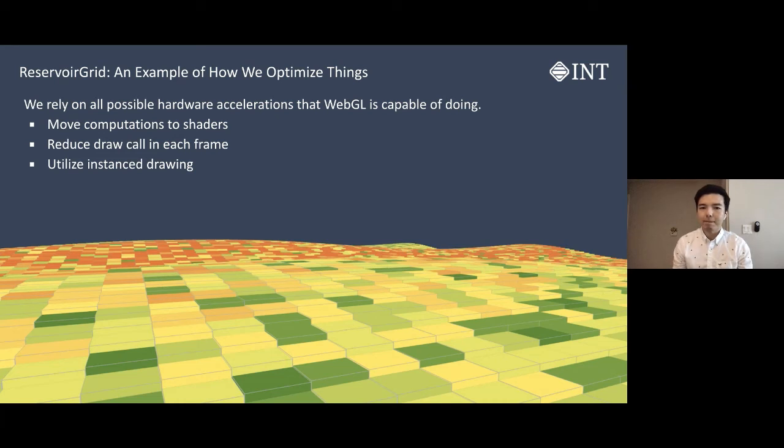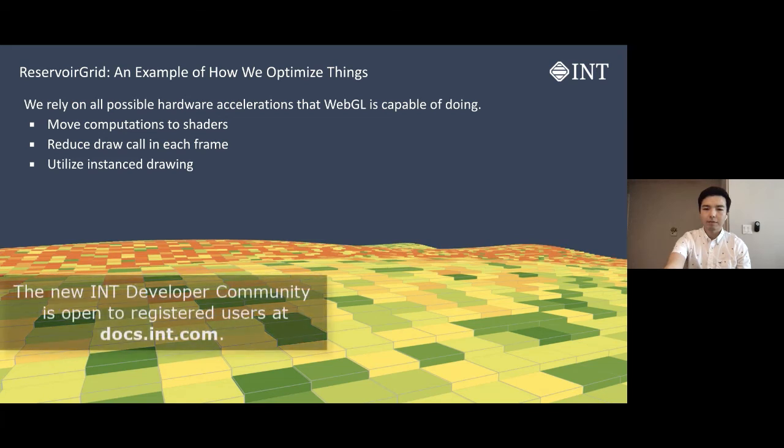Okay, awesome. We're gonna wait a few minutes to see if you have any questions. We did have one already that I answered in the Q&A section. The question was, is the developer community up and running now, and how can I get started? So the developer community is live now, and it's open to licensed users. If you want, you can join at docs.int.com. And like I said, if you have an active license, we'll approve you, and then you have access to